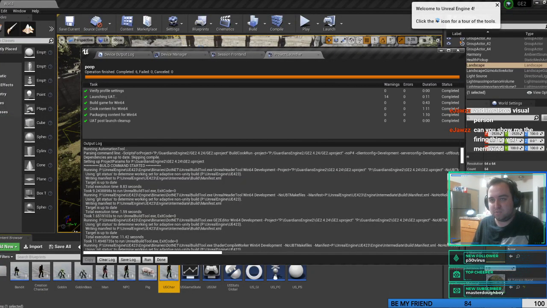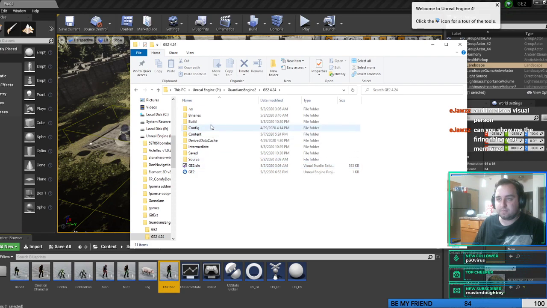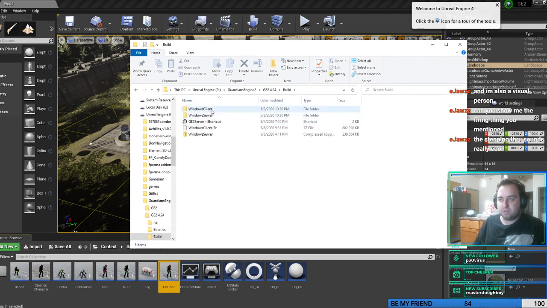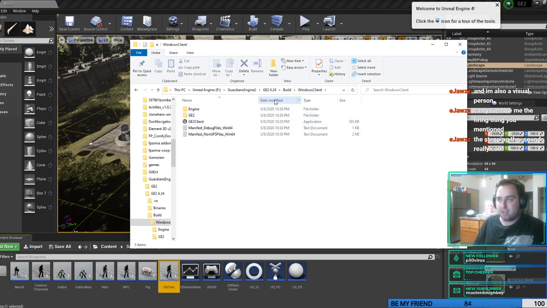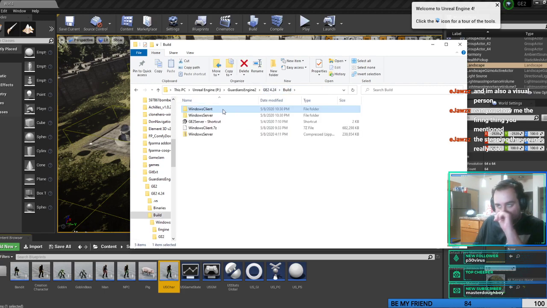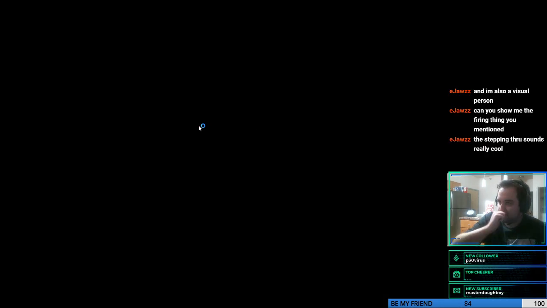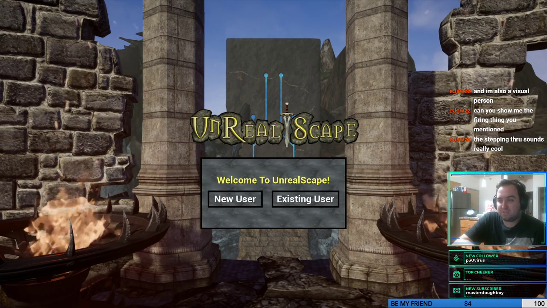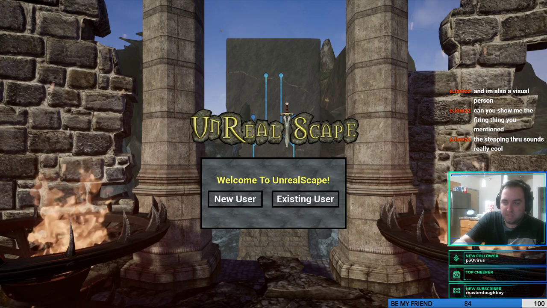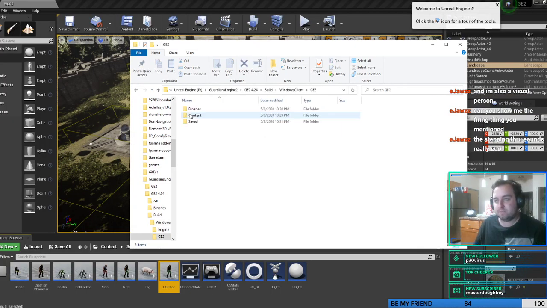Okay, let's see if this build is done. This build is done. So, I'm going to test that this works. Actually, let's package it first. Okay, it connected me just fine. Which is normally not problematic, but...